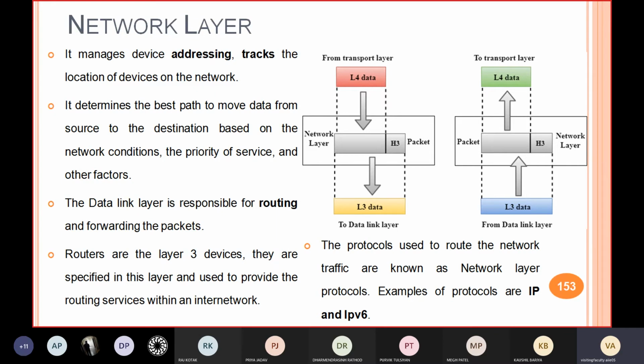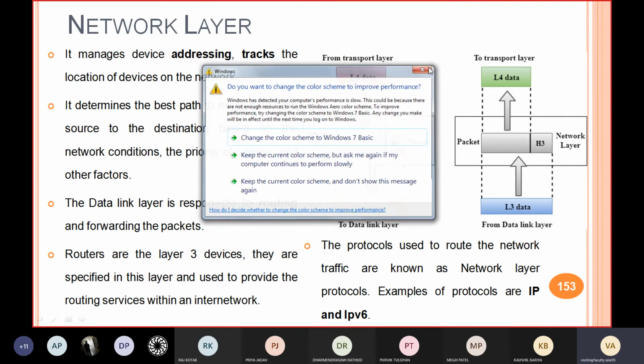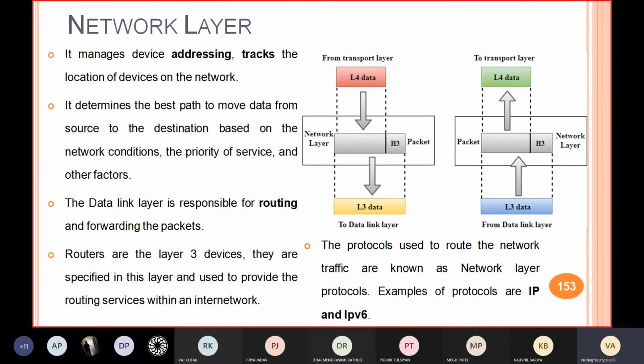So this network layer manages the device addressing. It will track the location of the device on the network, right? So it deals with addressing and tracking. It determines the best path to move data from source to destination, based on the network condition, priority of the service, and other factors. So your network layer will check what the network condition is, to which service it needs to give priority, and some other factors. Because today you don't just use a computer for data transmission; in addition, maybe you are doing some other functionality with two PCs, right? So based on that priority,